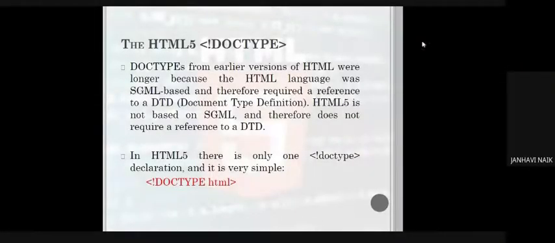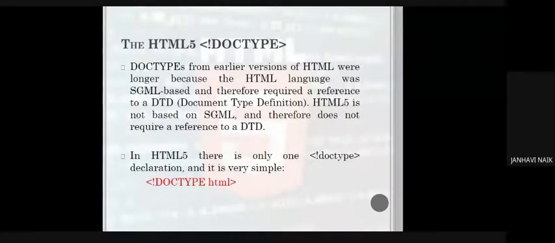The doctypes from earlier versions of HTML were longer because the language was SGML based. SGML, the full form, is Standard Generalized Markup Language. So that language was based on certain rules and regulations.